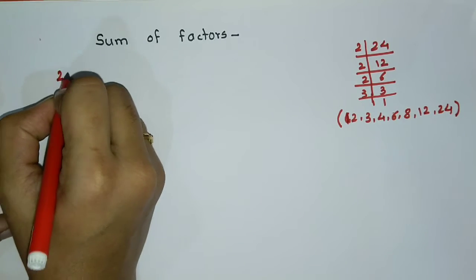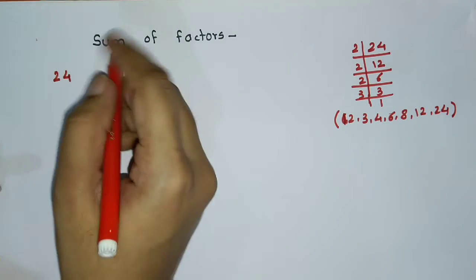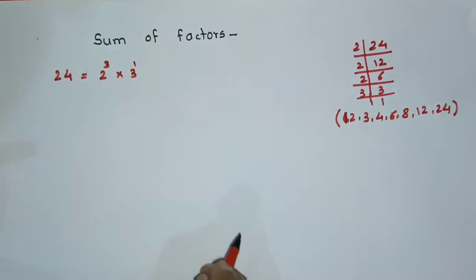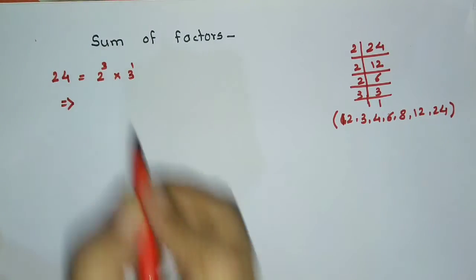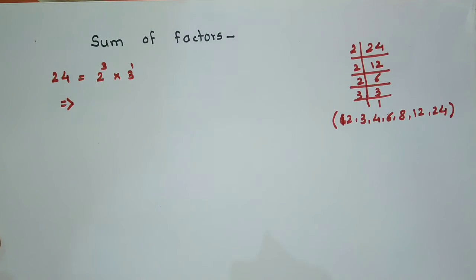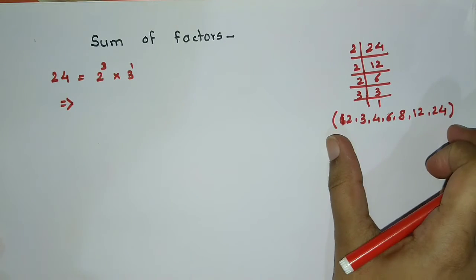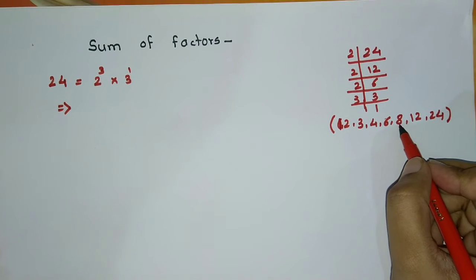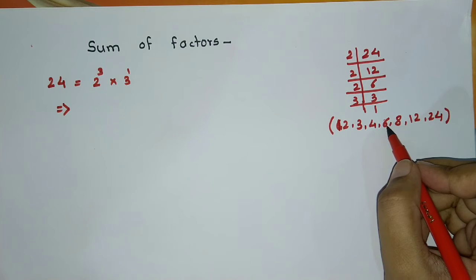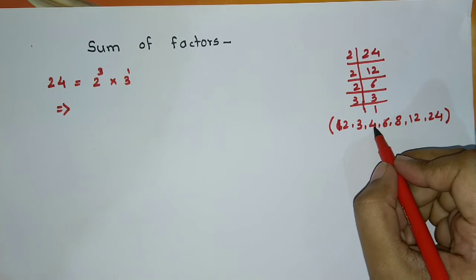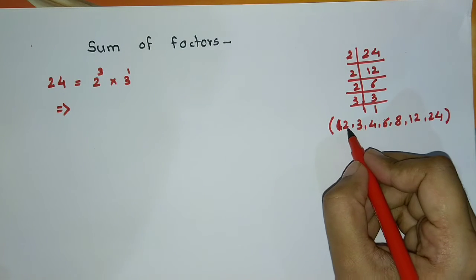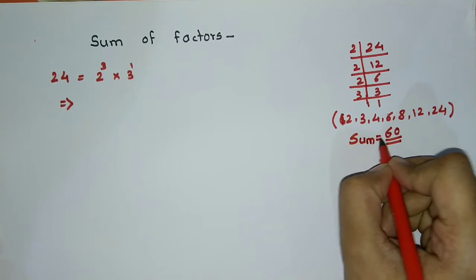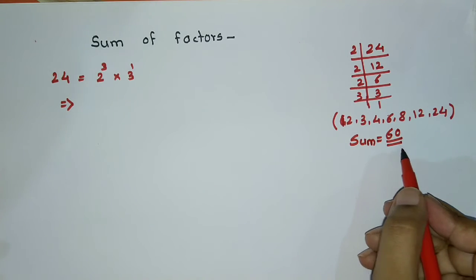Now, we can represent 24. We are taking 24 as example. Okay, it is 2 cube into 3 raised to 1. We can write this while finding the sum of factors. See, traditionally, if we do the sum, 12 plus 8 is 20, 24 plus 6, 30, 30 plus 20, 50, 54, 55, 56, 57, 59 and 60 is the sum of the factors. Okay, here to cross check it, we have found this.